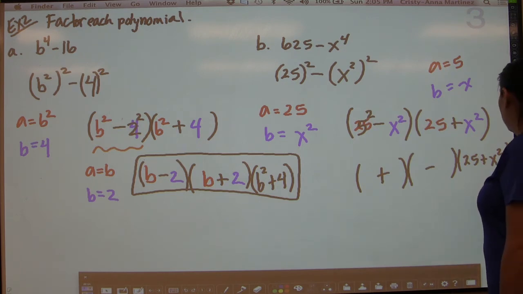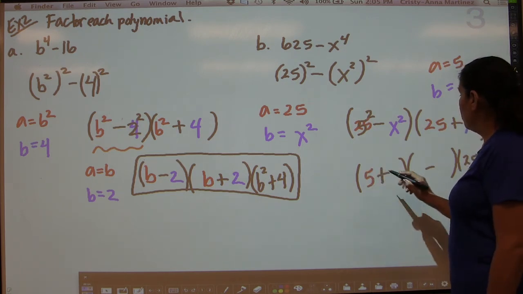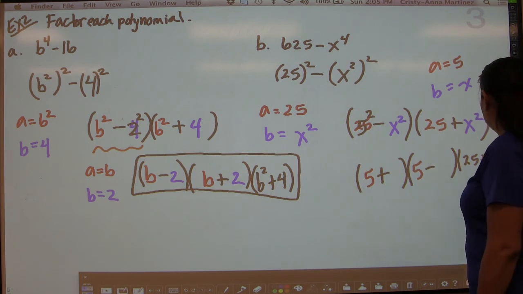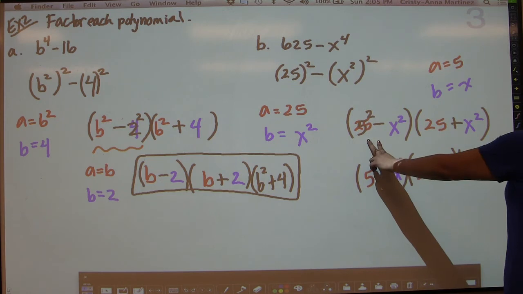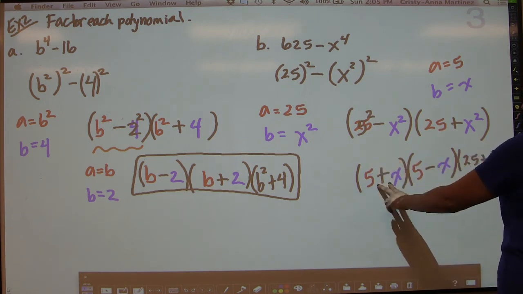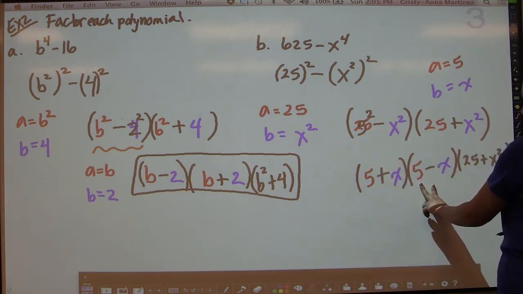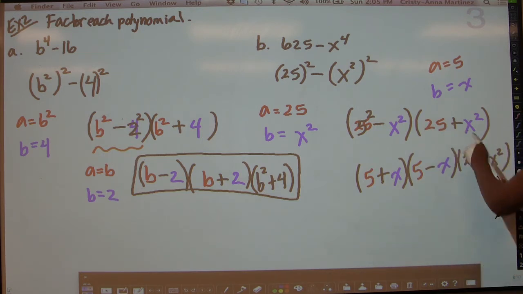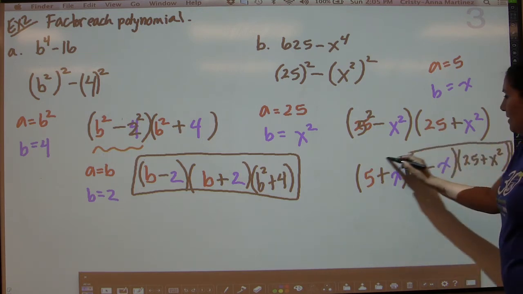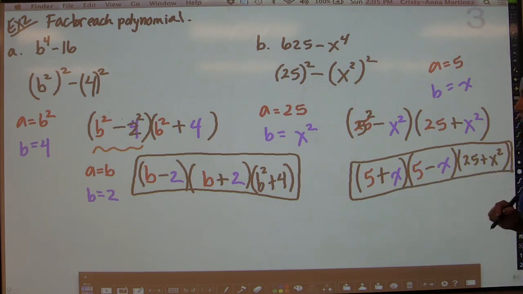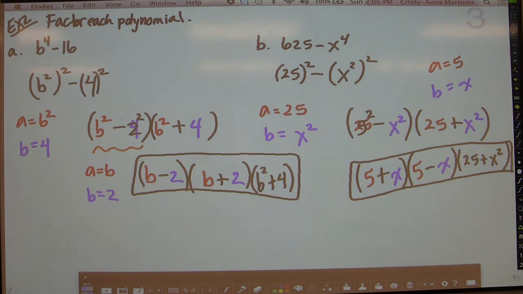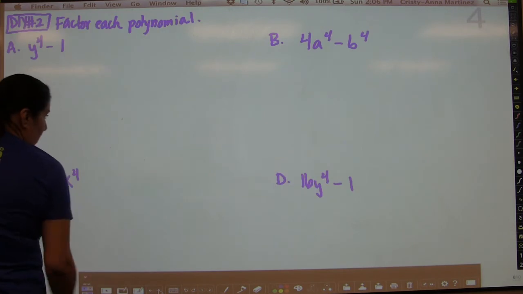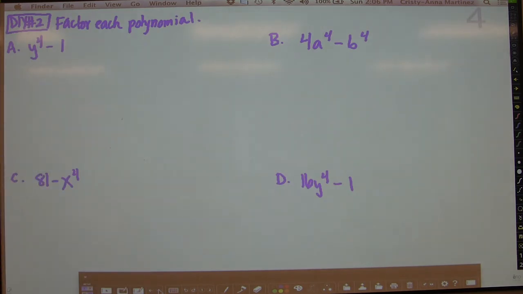So now we're going to put our a plus b and our a minus b. So again, the 25 minus x squared breaks down into these two factors, 5 plus x times 5 minus x, and of course 25 plus x squared from here stays the same, and this becomes your complete factorization for part B. So sometimes you have to do the formula twice, and that's basically what we've demonstrated for you in this example. So now I want you to try these, and then we're going to go to one more